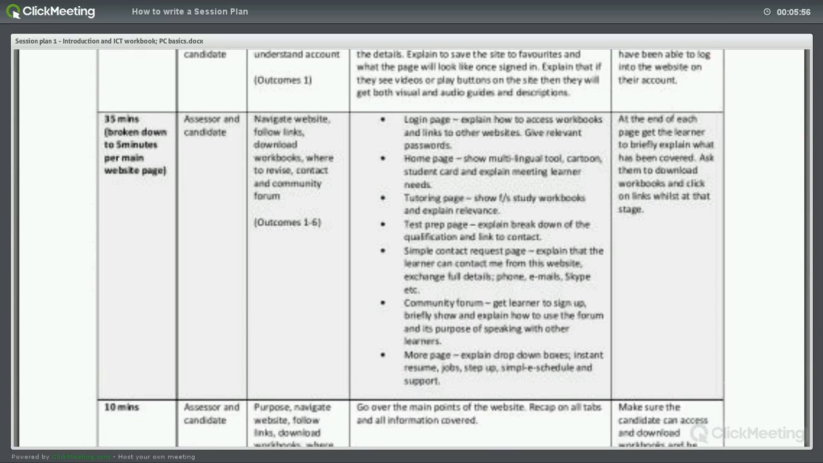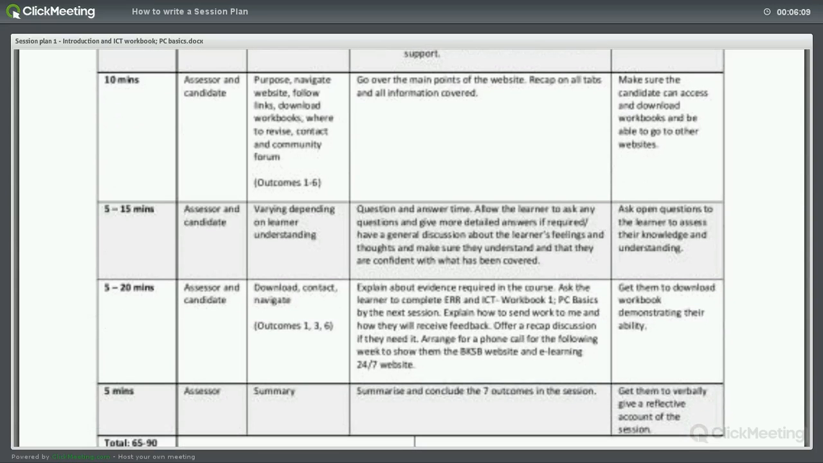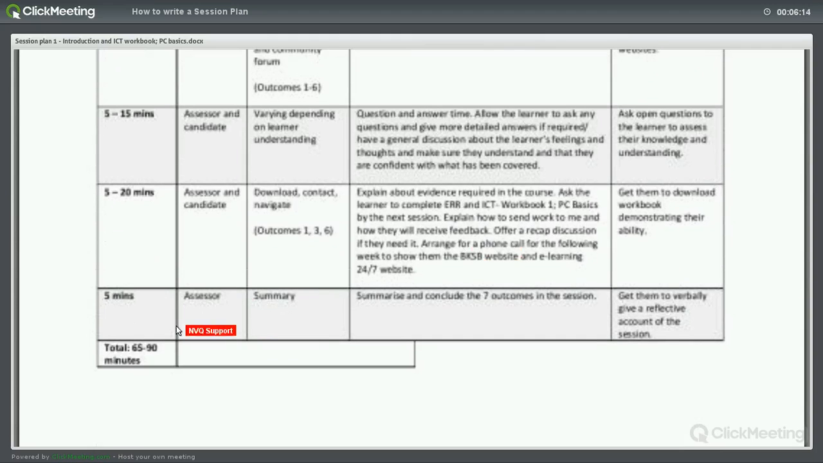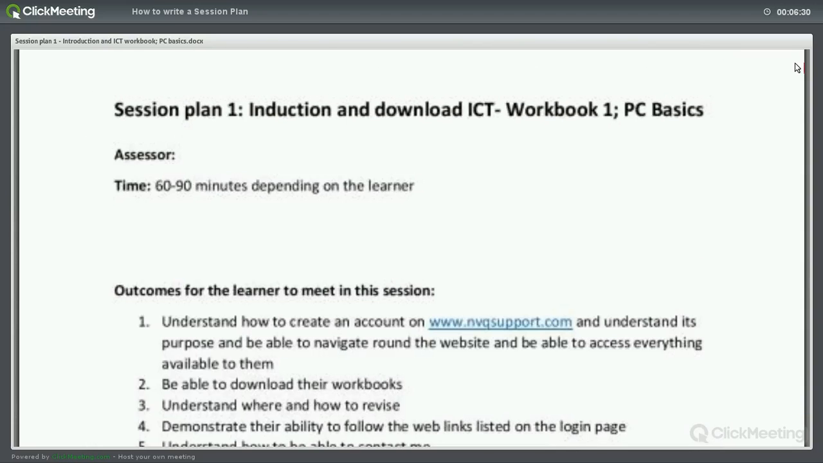So moving down, again, you can see, navigate the website, download workbooks. That's what they're going to be doing, and that's how you're going to assess that there. Okay, and you just keep going with the outcomes that you've got. Then eventually you'll go, well, I think that'll take me a couple of minutes, that'll take me 10 minutes, and that'll give you the total time for the session. Okay. Finally, you always end on a summary. So your session plan really is a reflection of your